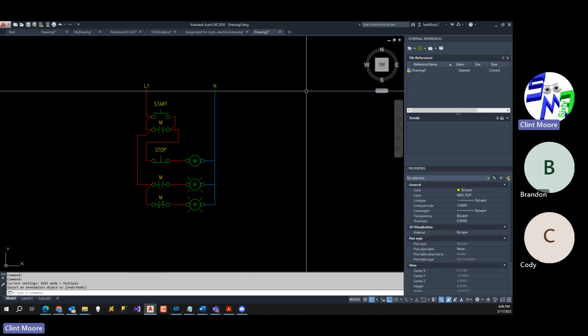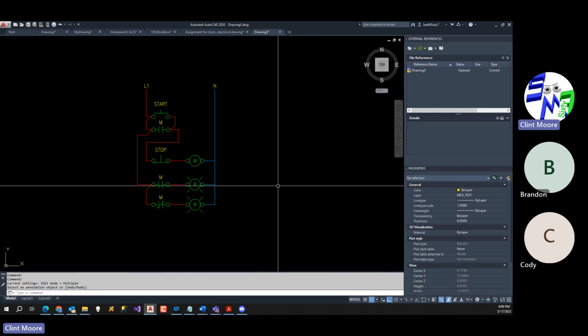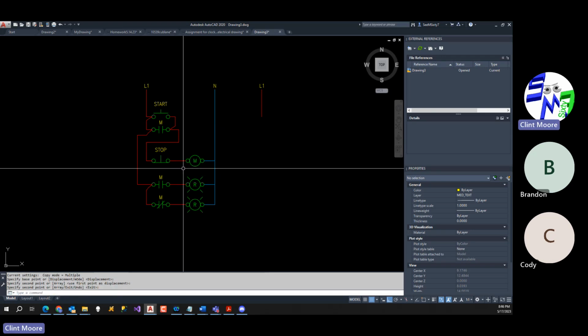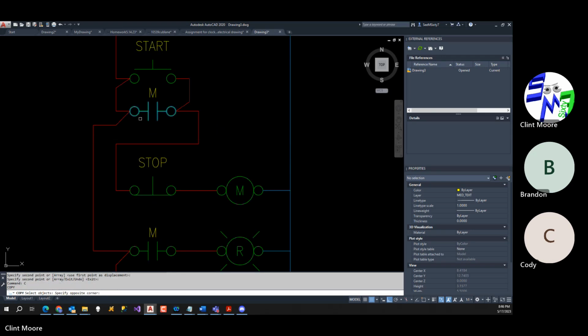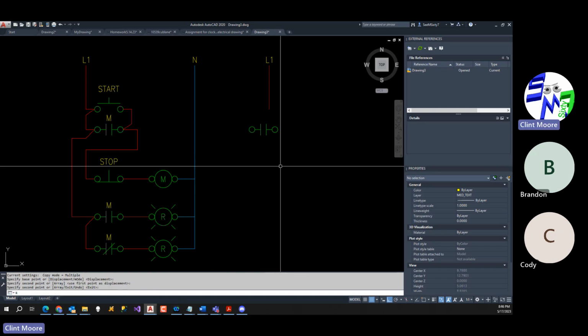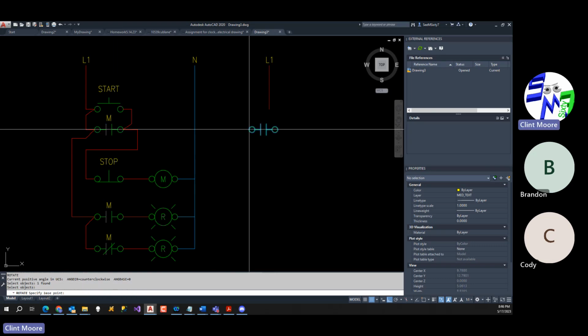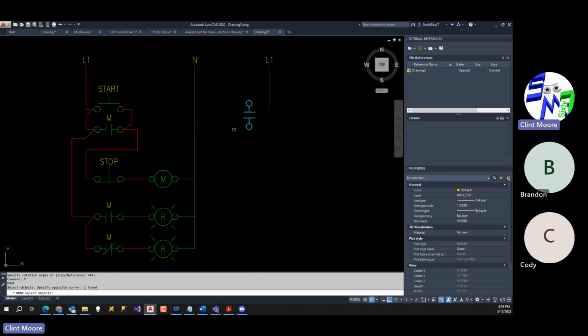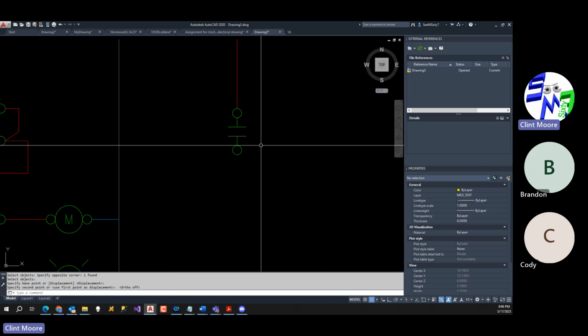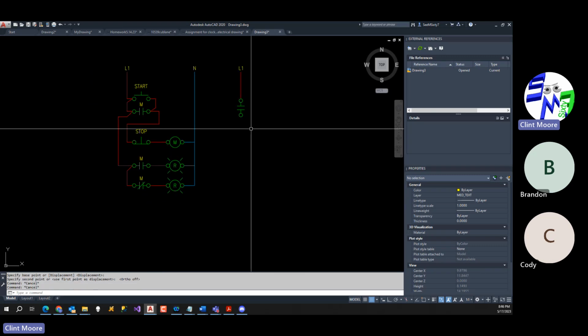So if you had 480 volt coming through here, let's go ahead and draw that up so you can see what that kind of looks like. I'm going to go ahead and draw some, looks like this. Boom. And I'm going to go ahead and copy this over here. I'm going to rotate this from here up. I'll move this here, there, and down over to here. All right. And then you'd actually have this coming down